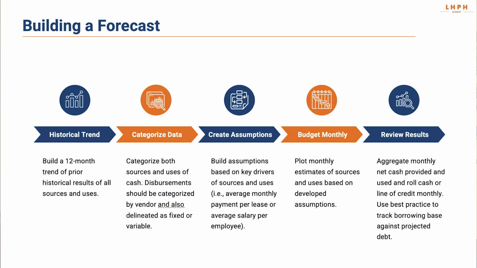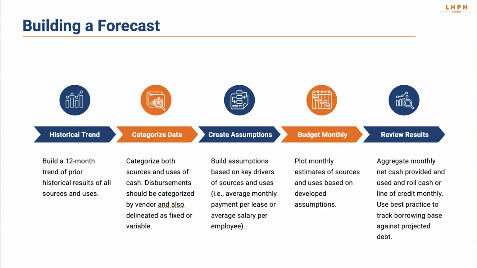Occupancy would be a really good example. Your monthly outlay for your rent is predictive. There's not a lot of work here. Now your variable costs, on the other hand, those uses of cash, are the items where you really need to develop an estimate. You need to come up with a driver, a dial, if you will, and an assumption that allows you to scale your expectation for cash flows in the future.